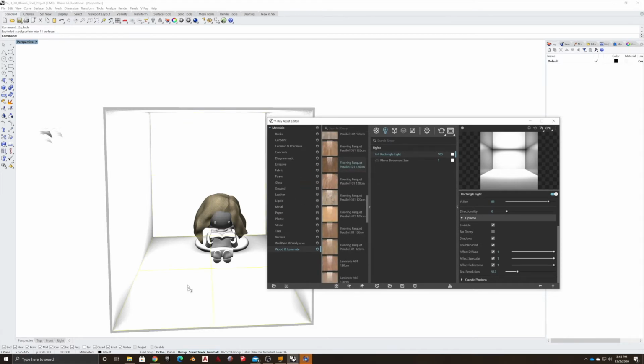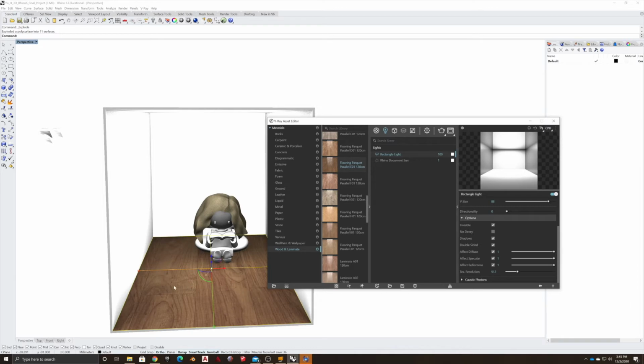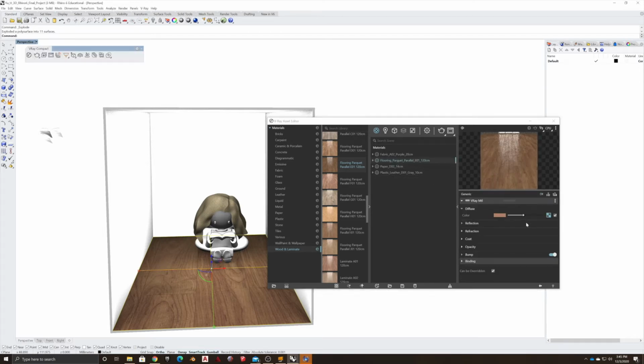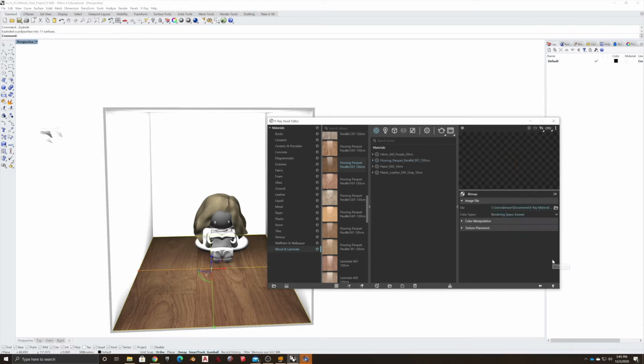Here, and just drop it in. And again, you see that it's a little bit off as far as the size goes. So we go over to materials. We find our parquet floor. And this, again, will be under the bump map. Bump, here. Texture placement here,